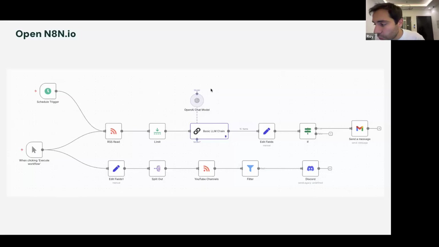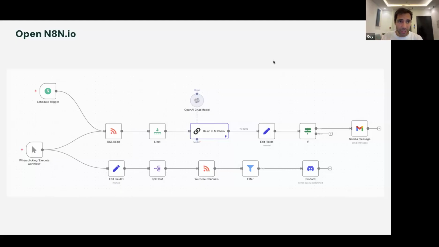You're going to have a 2-week free trial, and then it's going to take your project offline unless you want to pay for it. I'm going to give it 15 seconds, and then I'm going to open my own instance of N8N.